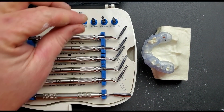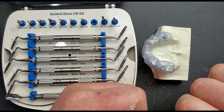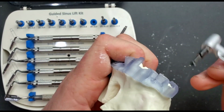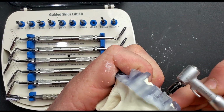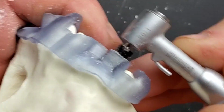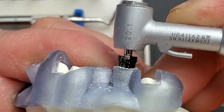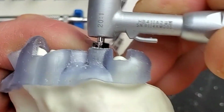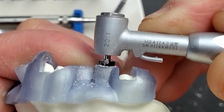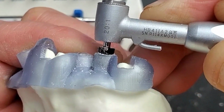Now that was the 8mm length. I would suspect that we've probably broken through at this point, although tactilely and visually I can't really tell that. So I'm depending on, again, verifying by whether or not this drill seats or not. Okay, now you see the difference here. When I take this drill in, I'm not even running it, and yet it goes all the way to the stopper. That tells me that we've breached the sinus floor,